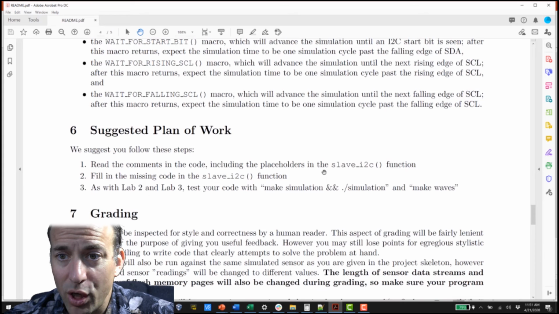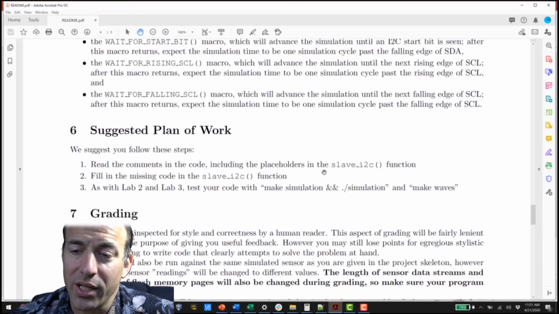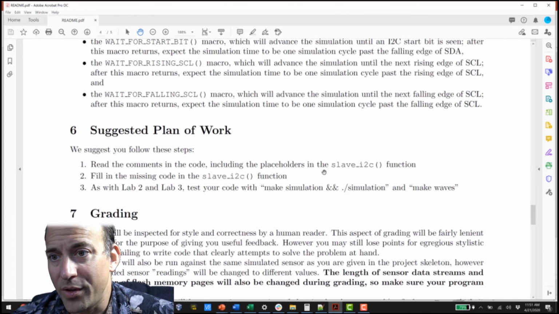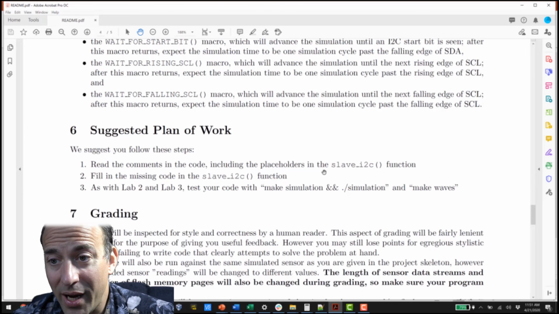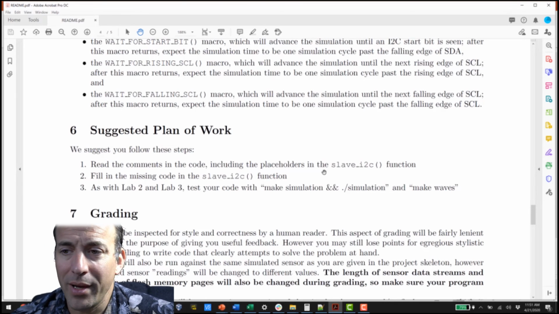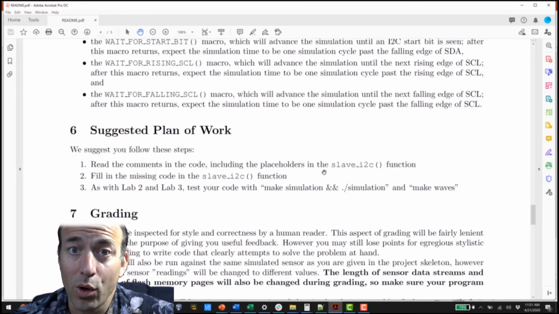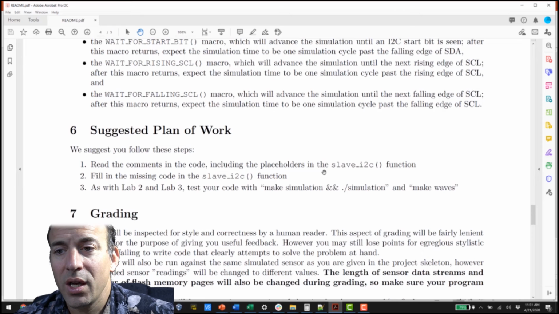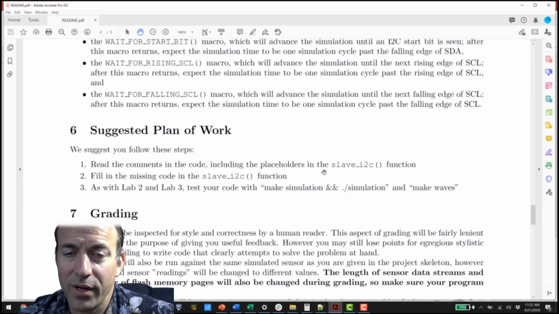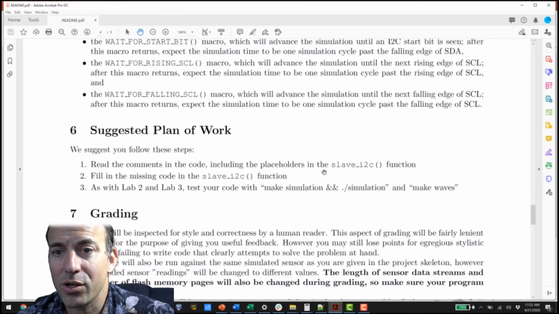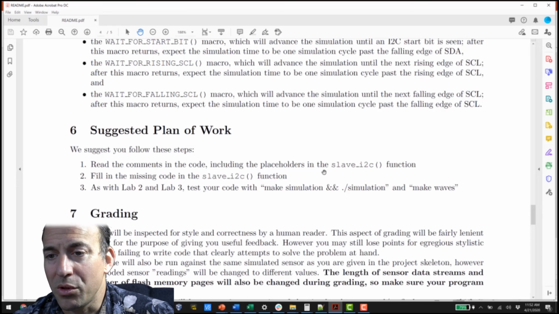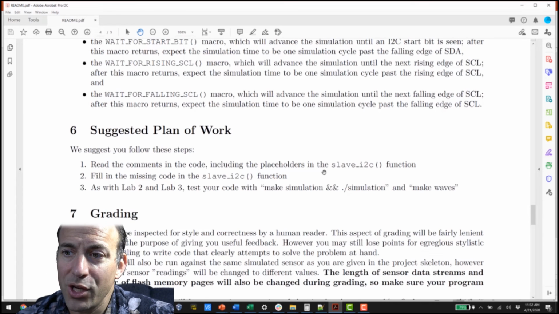So, suggested plan of work. Read the comments in the code that we give you. There's a main.cpp file. It includes a lot of comments as well as placeholders where you are supposed to insert your code. You then need to fill in the missing code in the slave_I2C function, because your objective is to implement that function. And then, as with lab 2 and 3, you can test your code with make simulation and run simulation,